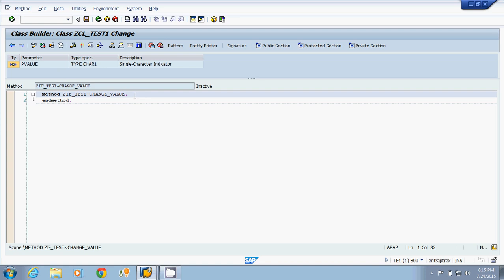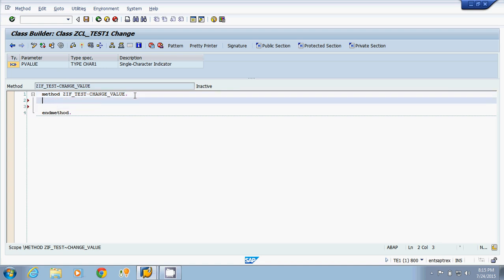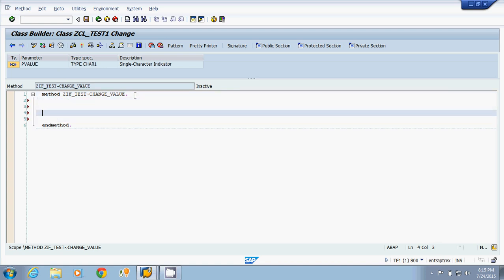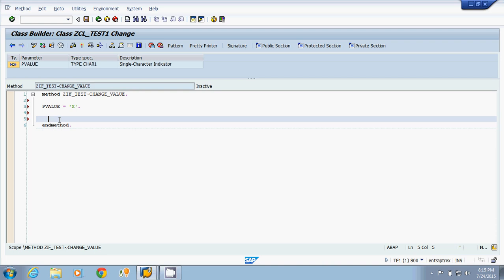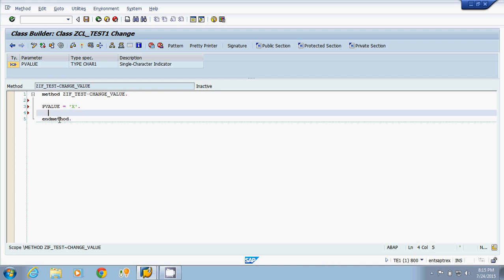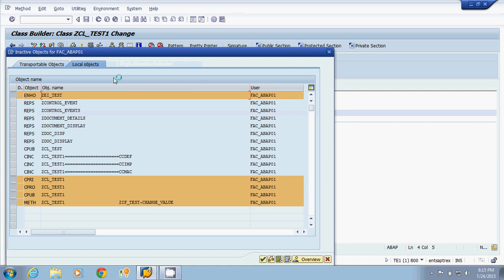Now suppose I am writing the logic: P_VALUE equals 'X'. I am assigning the value X to the parameter P_VALUE. Initially our parameter is blank. Now I am activating the class.